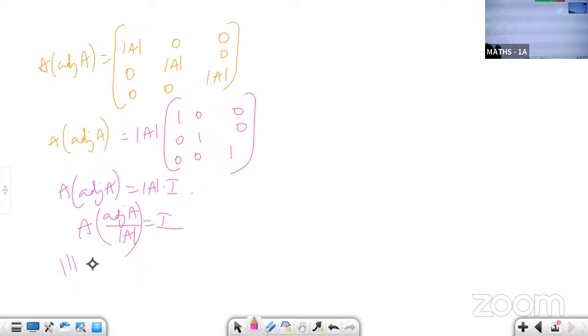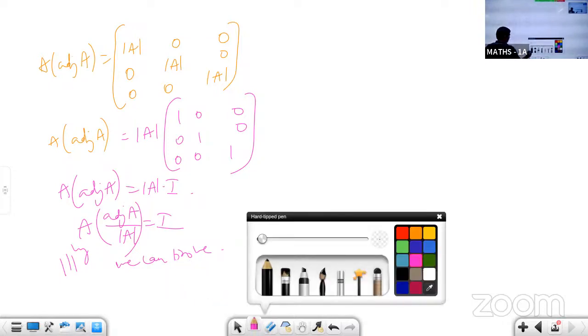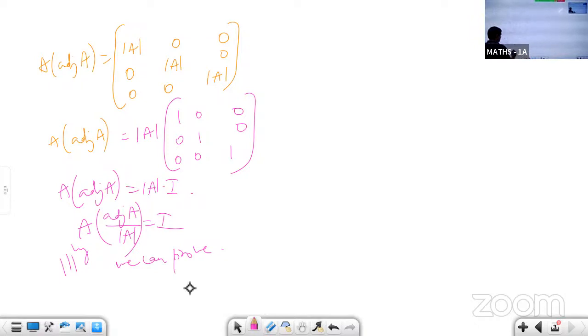Now similarly, you can prove adjoint A, similarly we can prove, adjoint A by det A into A is equal to I. Okay. Therefore